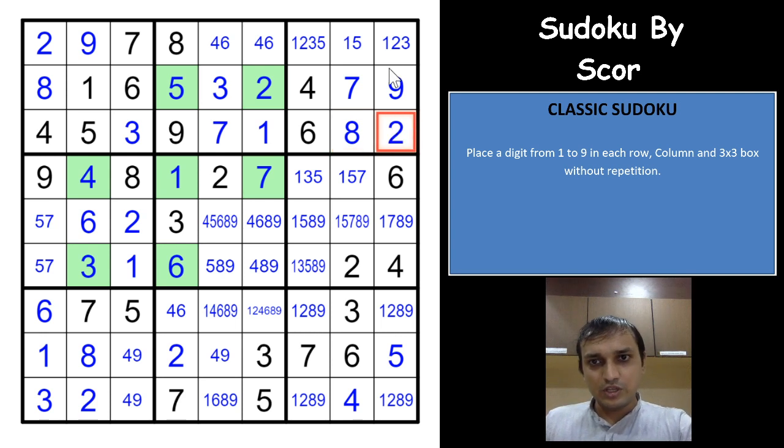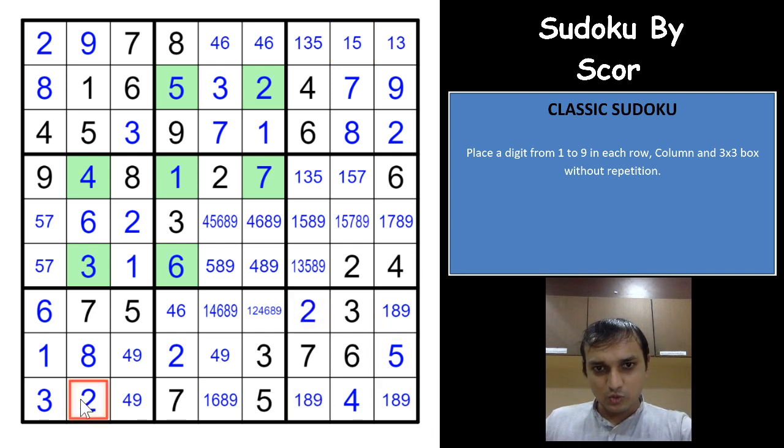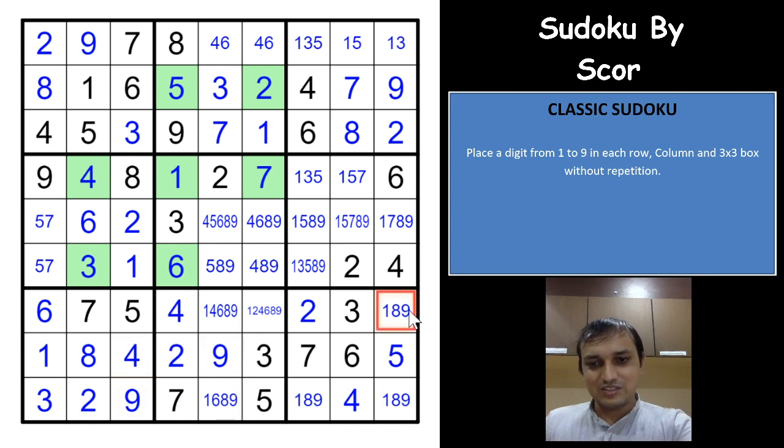This becomes a 2 here. So 2 is eliminated from these cells now. 2 is eliminated from these cells as well. So 2 would have to be here in this box. That eliminates 2 from here because of this 2. 6 is eliminated, so this becomes 4, this becomes 9, this becomes 4, this becomes 9. Wow, guys, what an excellent logic. That becomes a 9 here.